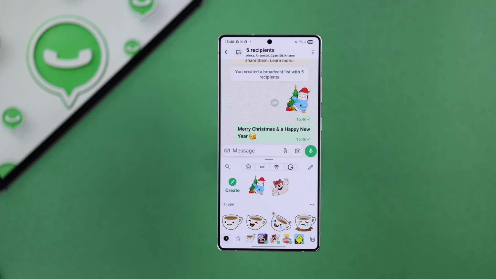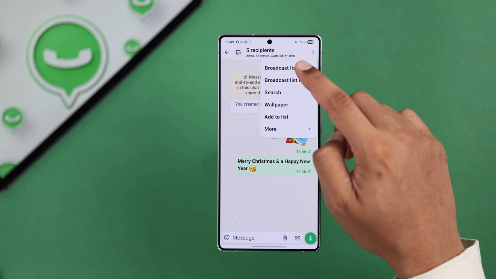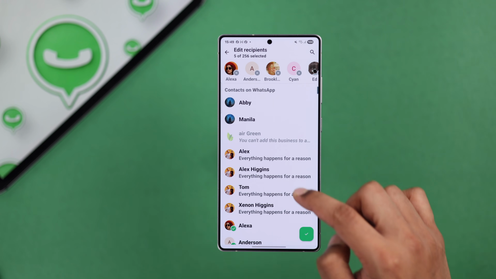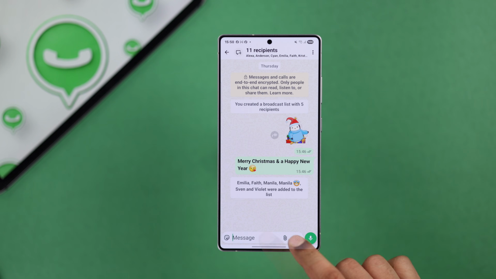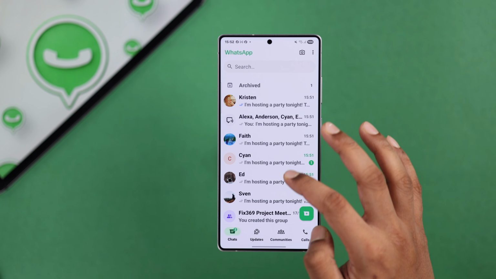everyone individually. In the future, if you want to add or remove people, then just tap on the settings icon, then choose Broadcast List Info, and then edit recipients. Now you can add or remove people from the list. And after sending the message, if you go to the chat list, you can see the message is sent to